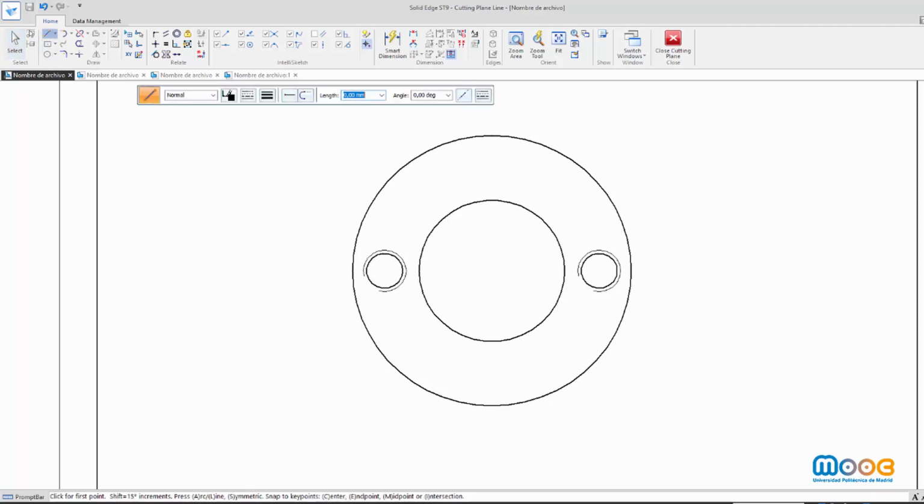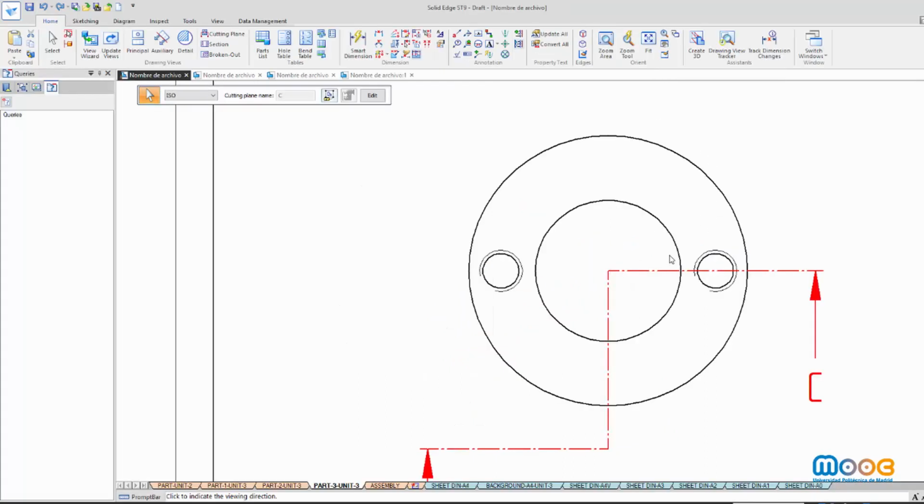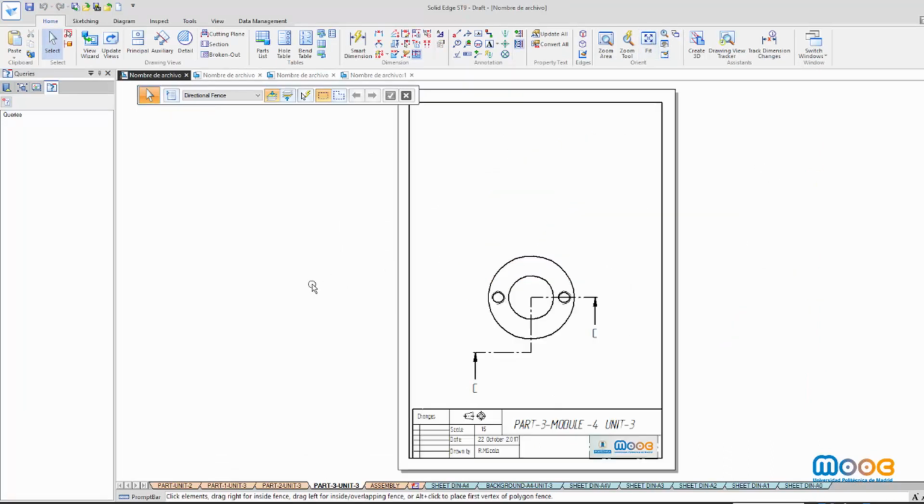This is my line. It is outside the part because I don't want to cut the left side. And now I cut it on the right side. So this is my cutting plane. I close, I state my point of view, I fit an X section.